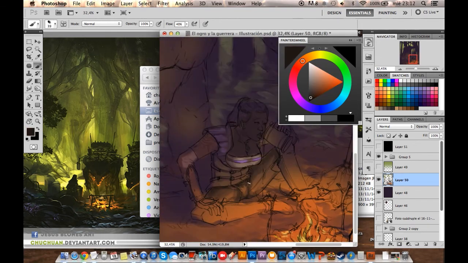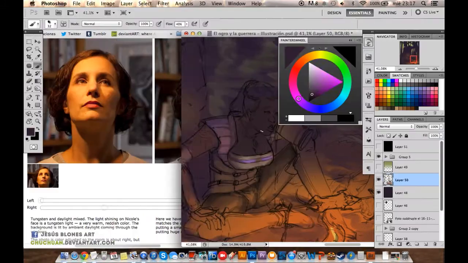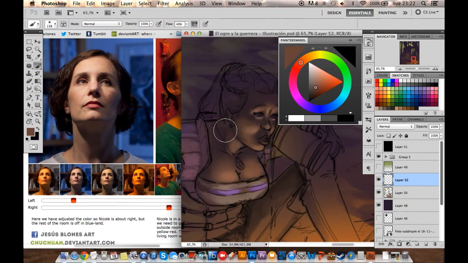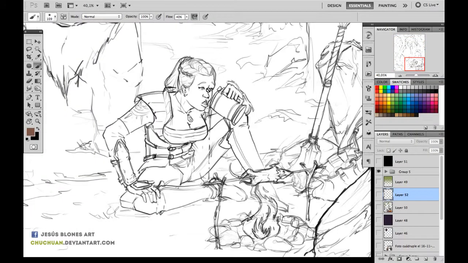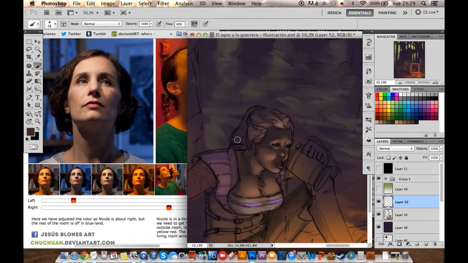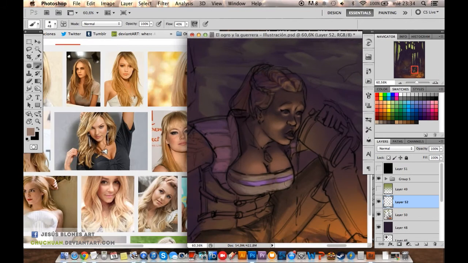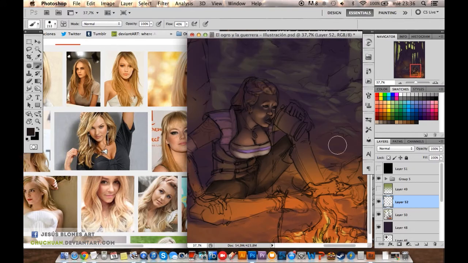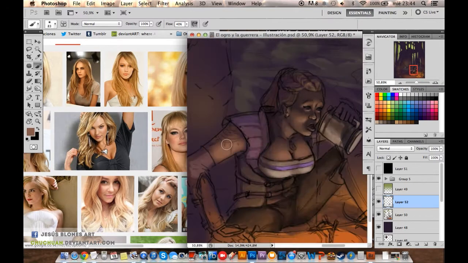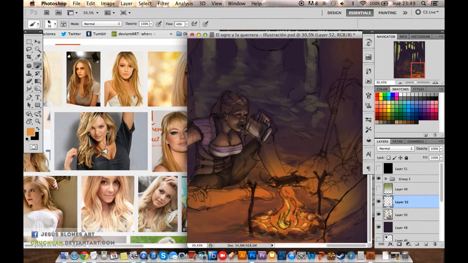When you're trying to set the mood of the illustration, I already did a really important part of this process, that is setting a mood with the values. When you set the mood with the values, you have a big step in the process, because you're creating all the values and how the lighting is gonna affect all the illustration, and that is gonna help you a lot in the second part of the illustration that you're making.